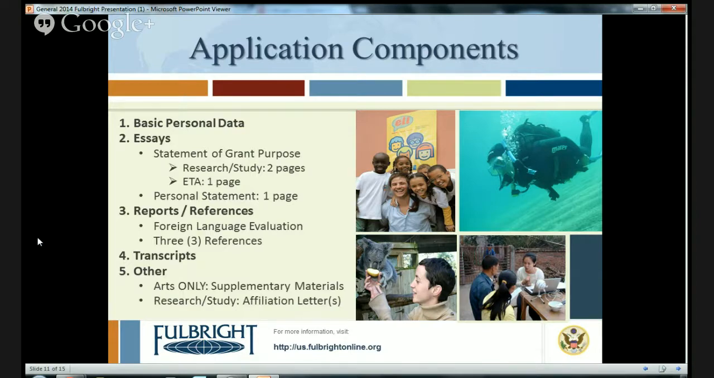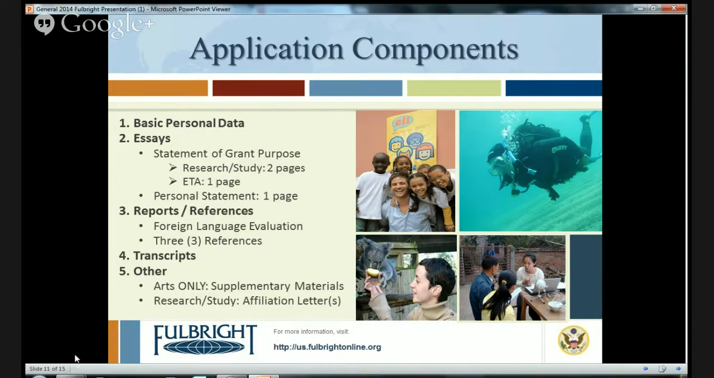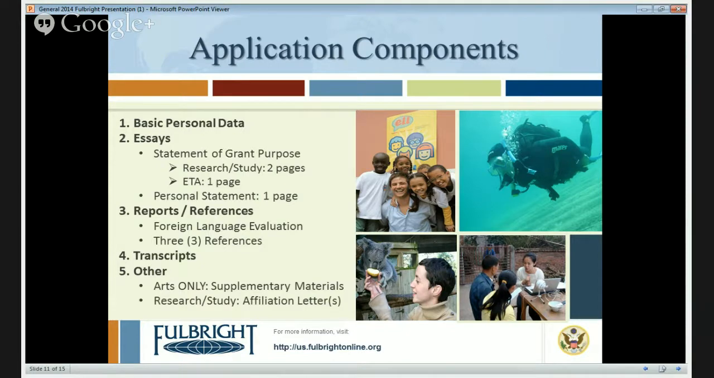How is this project, or this work, going to further impact you academically, professionally, personally? And then finally, how are you going to engage in the community in the host country that you're working in? Give us some ideas of how you're going to do that. Those are just some of the questions you should be thinking about with that research and study statement